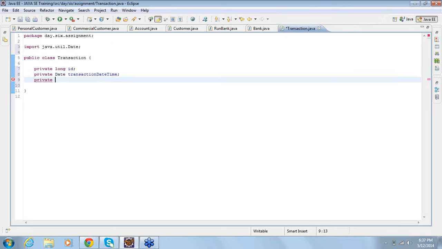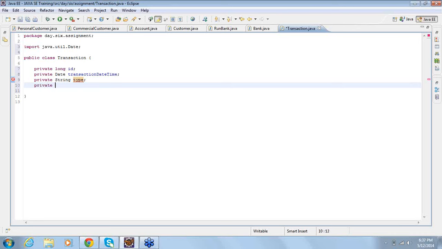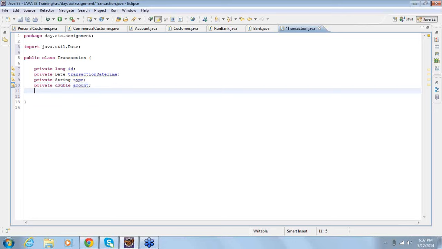Now let's say type of the transaction. Is it a deposit type or withdraw? And if you want, we can also do this. What is the amount involved in a transaction? It can be for deposit or it can be for withdraw.